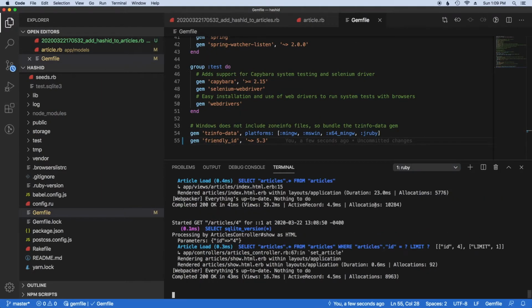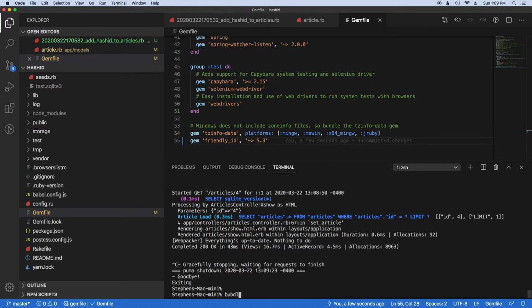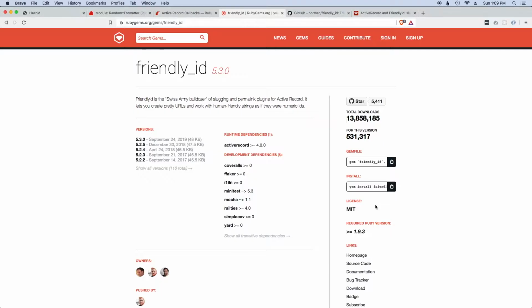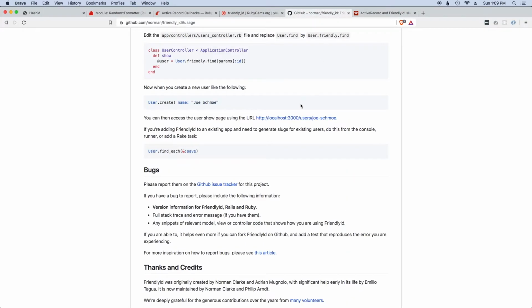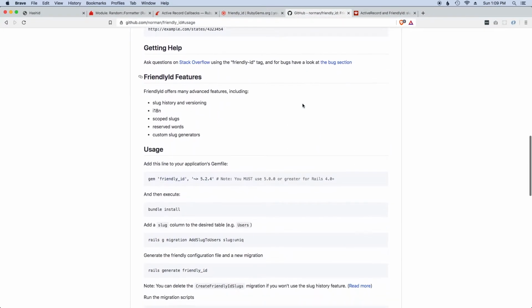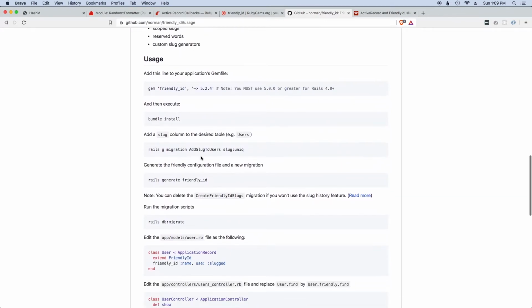I'm going to shut down the server. Run bundle install. Okay, now let's look at the docs. So what do we got here? Bundle install. Okay, so now we need to add a slug column to our article